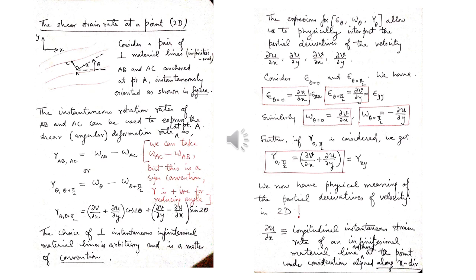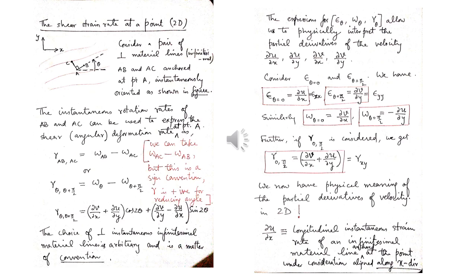Now, to put it simply, if you consider theta equal to 0, that means you have an infinitesimal material line at some point in the flow domain which has an angle of 0, meaning it is aligned along the x direction. And suppose you also consider another material line with theta equal to pi by 2, which means it is aligned initially with the y direction. So if you consider the expressions of epsilon theta and substitute theta 0 and pi by 2 in those expressions,